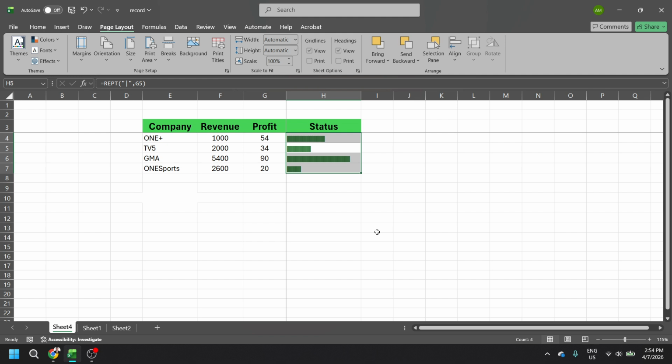And that's it. Click Page Layout, choose Size, and select A3. With just these steps, you've prepared your worksheet for a